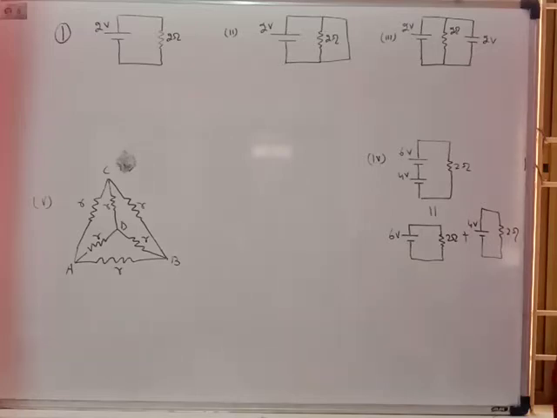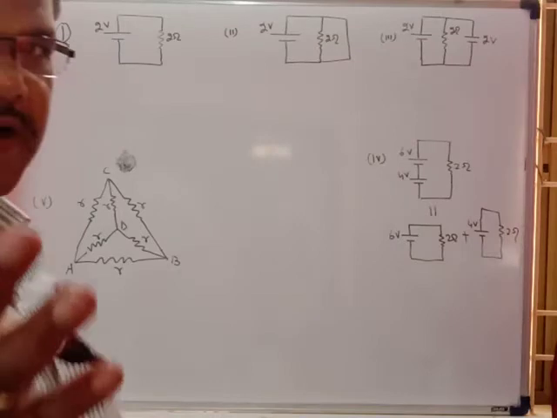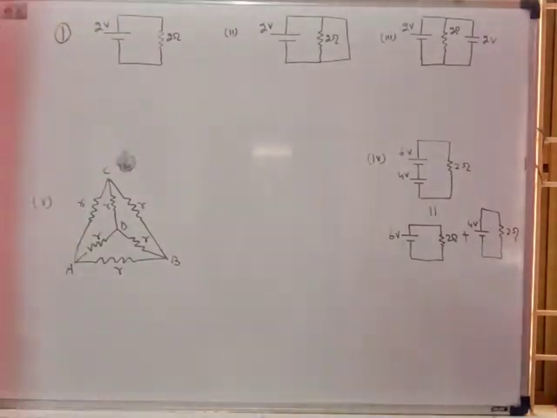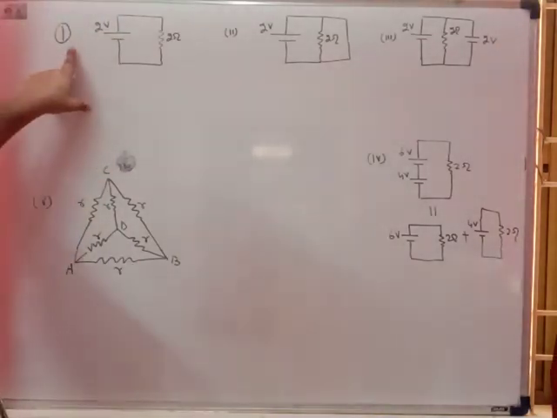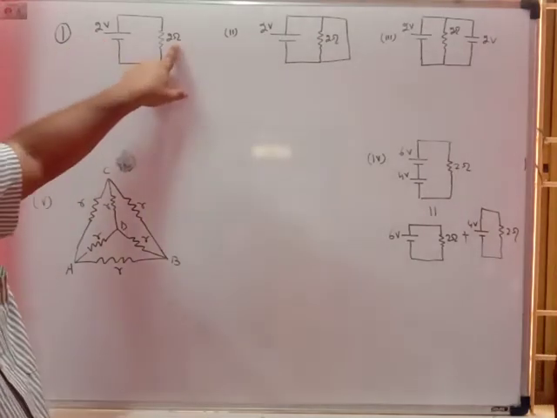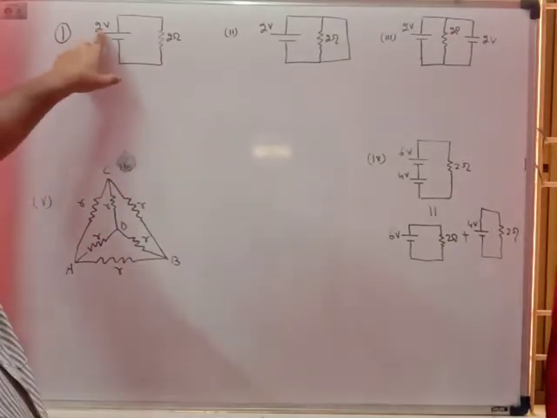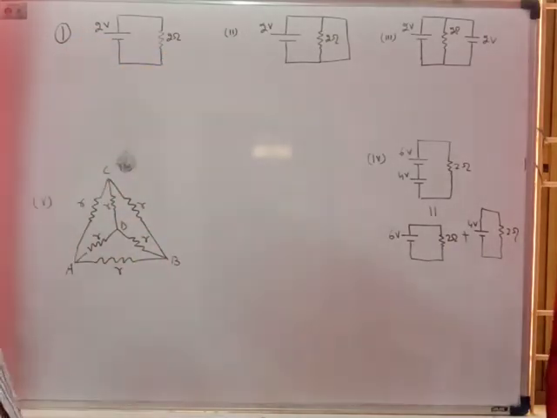Morning students, today we have to discuss some typical numericals, some where the fundamentals are lacking. First question, all of you see the circuit. The 2 volt battery is connected here and a 2 ohm resistance is here. So it is a simple case because the EMF is 2 volt and the resistance is 2 ohm. What is the current flowing through the circuit?